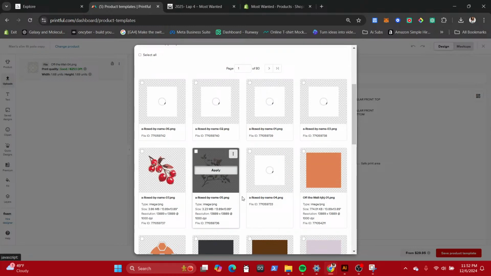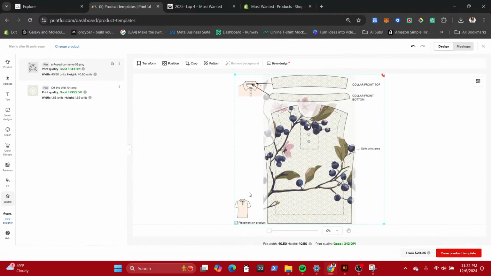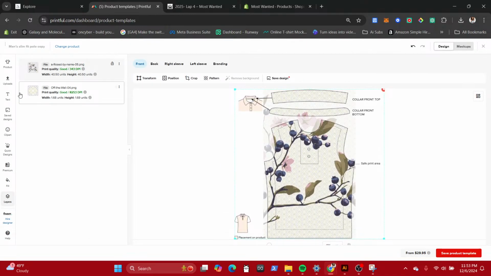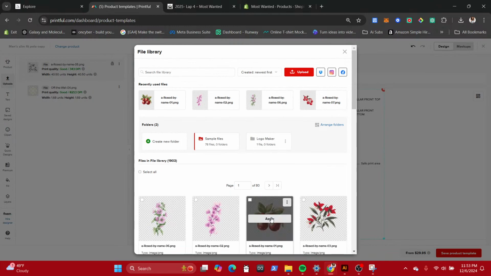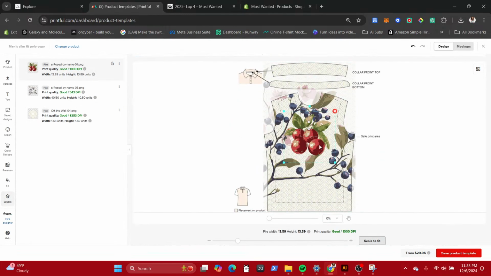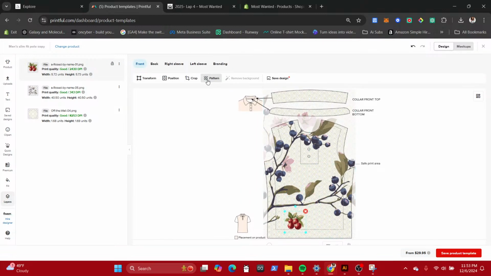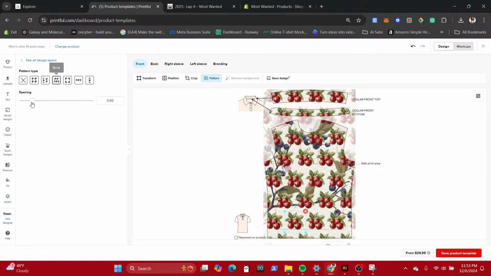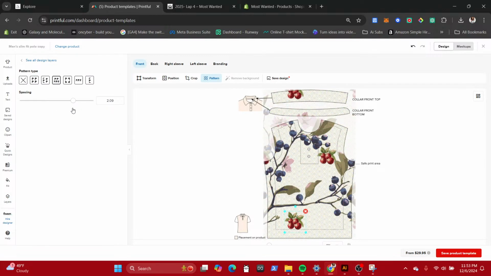So we're going to start with the blueberry. So bam, right? Cool. And then we're gonna upload. Little red grape. Make that small. We're gonna do a pattern like that. Spread them out. Perfectly fine.